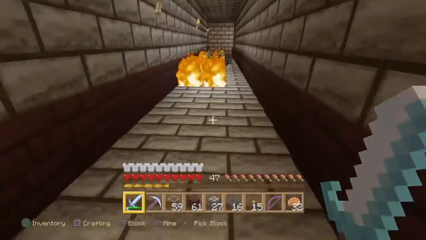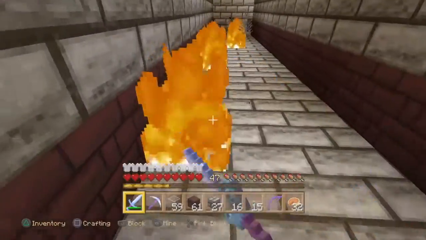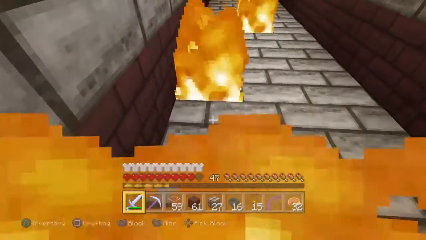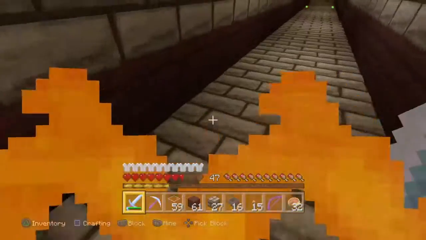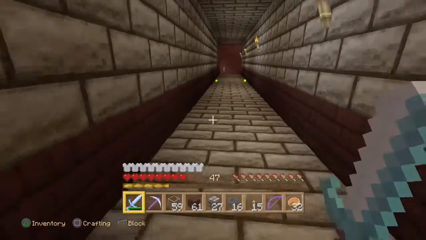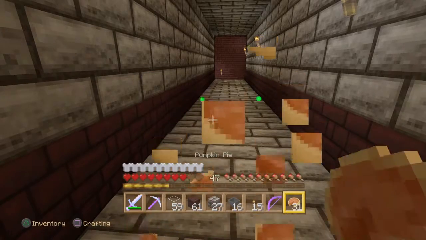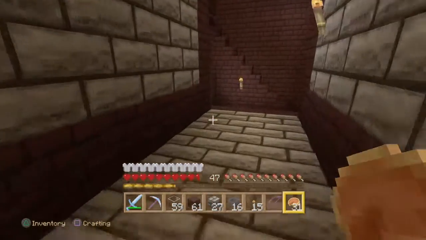All right, there we go. I was paying attention. I'm burning. Oh god, I'm going to die. I'm going to die. Fire protection potions, like the kind you could swim in lava with